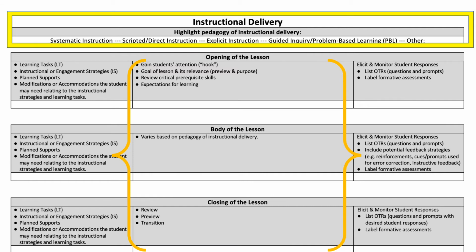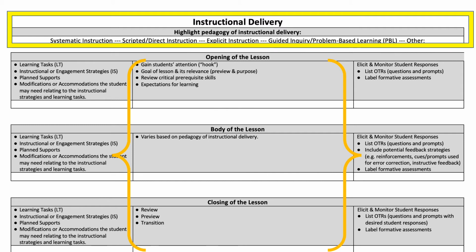Now we're moving into the body of the lesson. So we ask that you begin in the middle and begin to make considerations of how you're going to open the lesson, what your body will be, and the closing of your lesson. You can use bullets for each section and note the prompts that are guides for you to consider within each section. So as you're making some considerations for the opening of the lesson, consider how are you going to gain